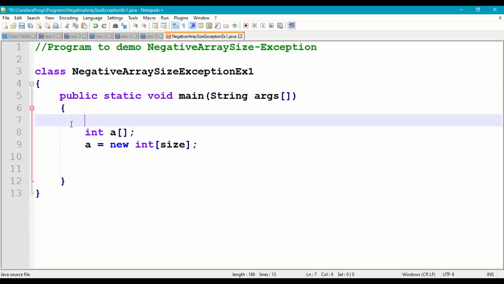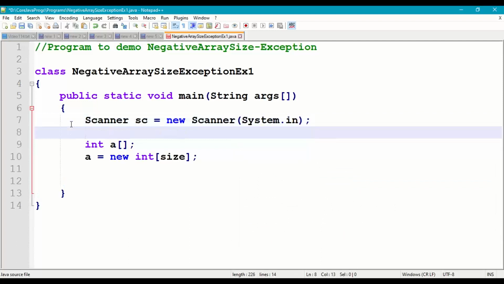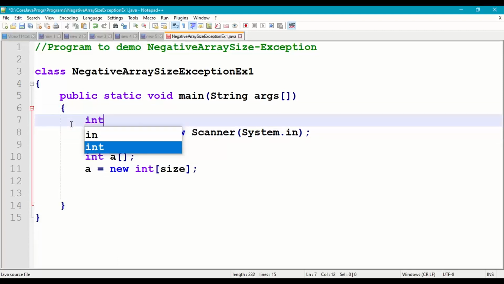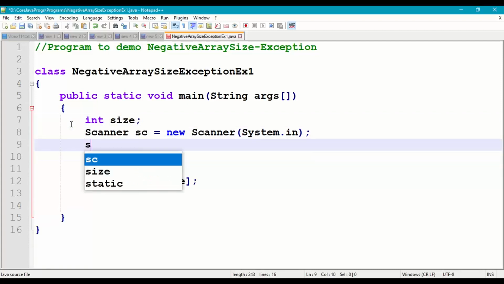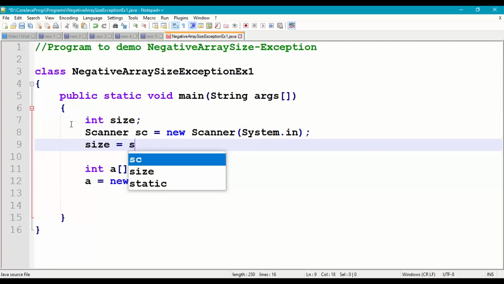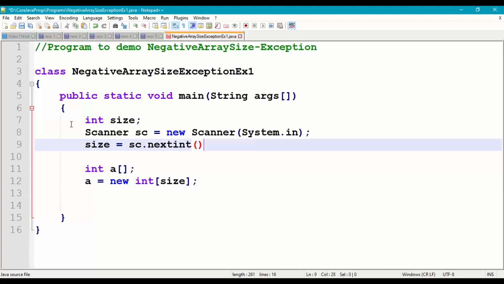At the beginning of the main method, we'll create an object of Scanner class, sc equals new Scanner(System.in), and then we'll take one variable here, int size, and then size is equals to sc.nextInt().